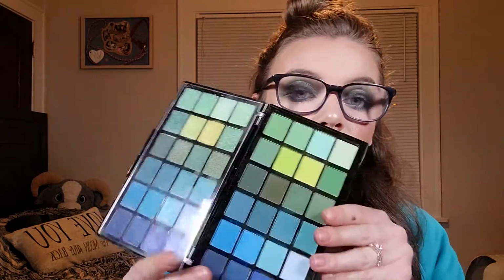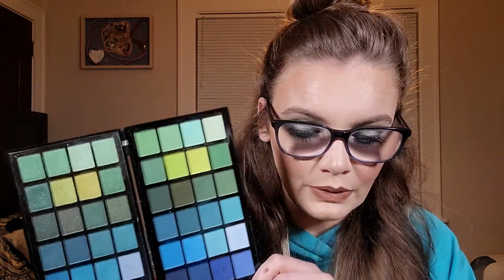I have the green one. This is the Color Book number 5, and here is what it looks like. It is green and blue. My notes on this say